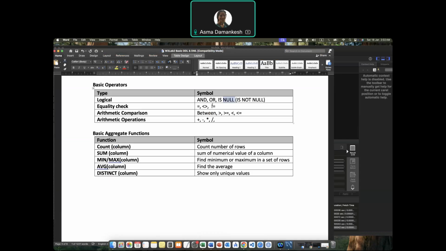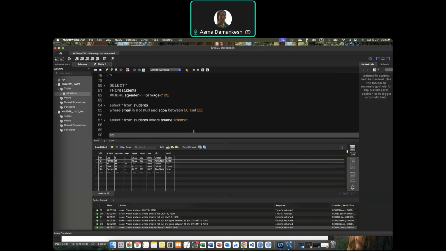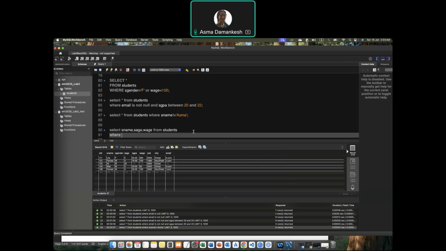We did not null and or equal, not equal, between arithmetic. I will leave that to you. Okay, you can mix and match now. You could select specific columns, name, age and wage, from students where name is not equal Ali,